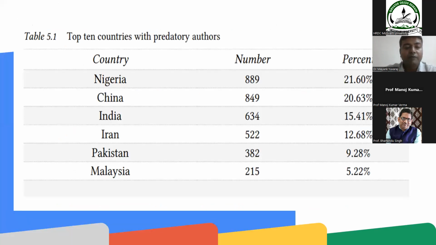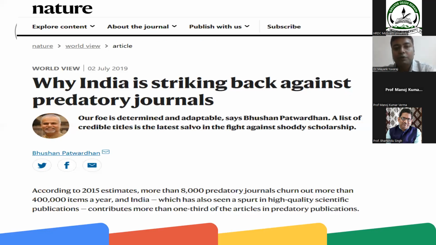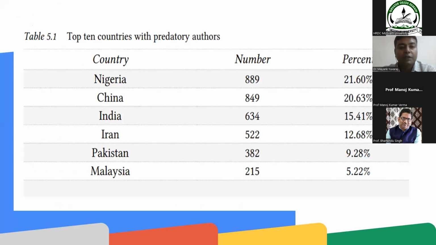Now, after this portal was launched in 2019, you can see the scenario. India, which was ranking at the top in 2017, now ranks at the third position. But even then, it is not a good sign, because in research, activities like predatory publishing should not be in the picture, because it affects the research quality and the research ranking.